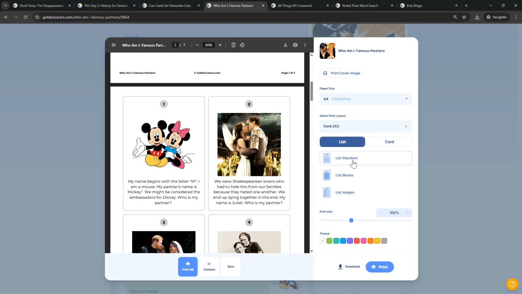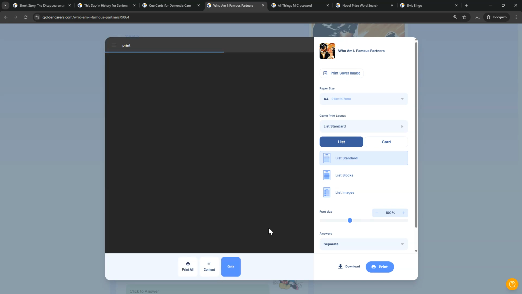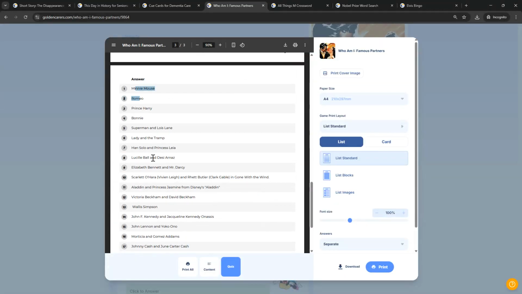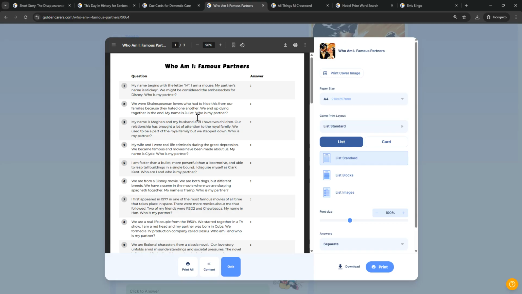You can even, if you need to, maybe you're playing this game on a screen, and for your own benefit, you just want a simple list. I'm just going to print only the quiz, go to the list layout, and now I've got all the questions and then a separate answer page. Even though this was an image quiz, we can print a list on it. So it can be quite useful when you find different ways of using the same information. Although there's always a default, there's usually a way to print what you want